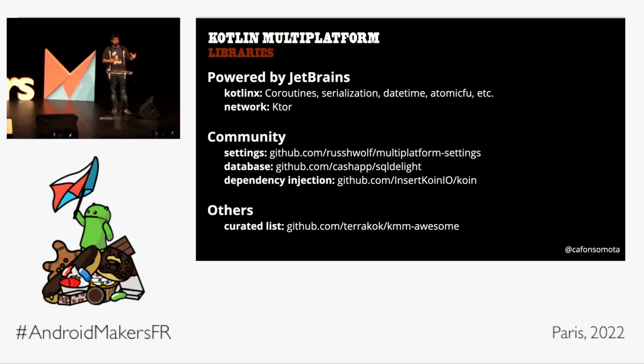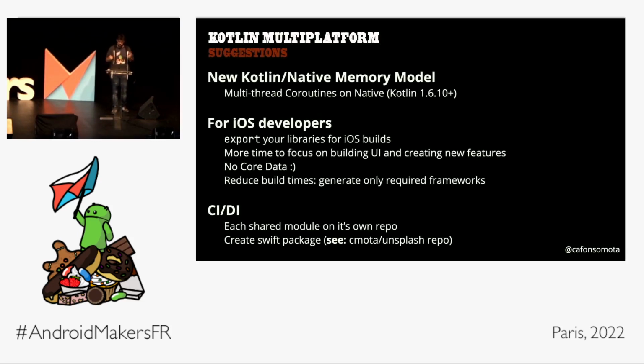And moving from libraries to how to convince your iOS team. A few years ago, Kotlin coroutines was single-threaded. So a lot of people from iOS were always complaining that, OK, you need to freeze the objects to send from one place to the other. With the new Kotlin Native memory model, which exists from version 1.6 and afterwards, you can have multi-threading on iOS, and it works really, really well. I've been using it in production for the past months, and I just removed a lot of code, and the iOS team was way happier now.